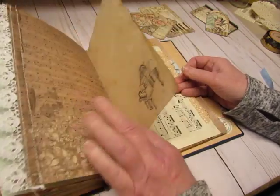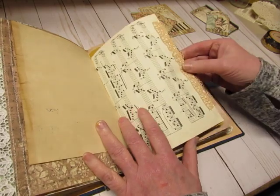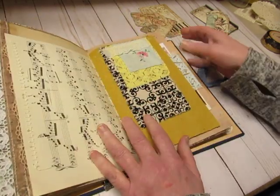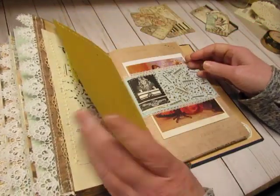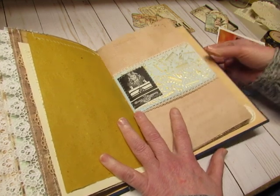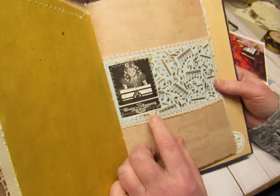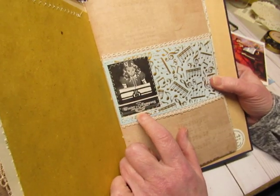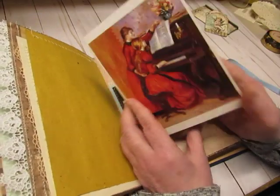Third signature. There's a grand piano. Some pretty lace sewn on there. Some embroidery there. And this is a scrap of the vellum that I sewed to a piece of blue cardstock and turned into the belly band. There's a little girl practicing the piano, one of the vintage ads from the magazine. And this is just a card